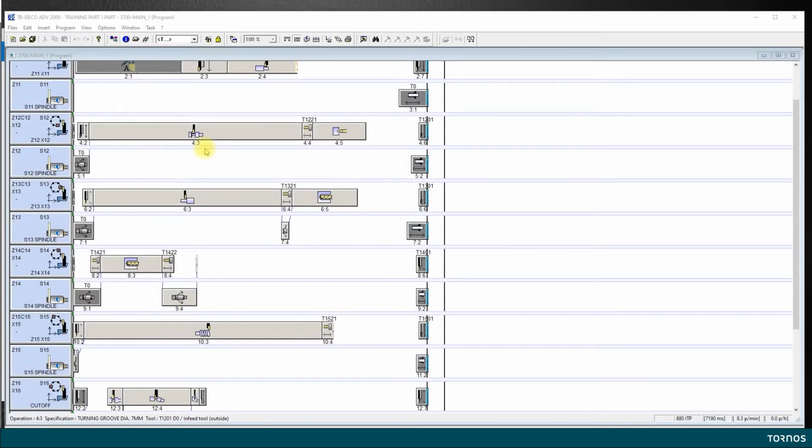Okay, at this point, we have finished our part program with what we feel are the correct feeds and speeds. So let's say our target is 10 parts per minute, or 6 seconds. And here, as we can see, with our 7.19 seconds or 8.3 parts per minute, we are still a little bit too slow. So the purpose of this video is to see how we can speed up the cycle time without pushing our feeds and speeds, but by optimizing our different operations where need be.